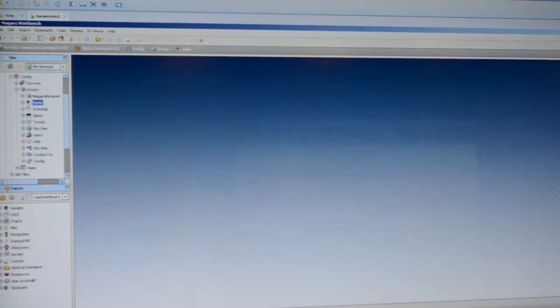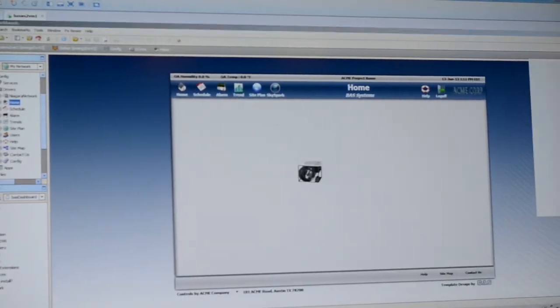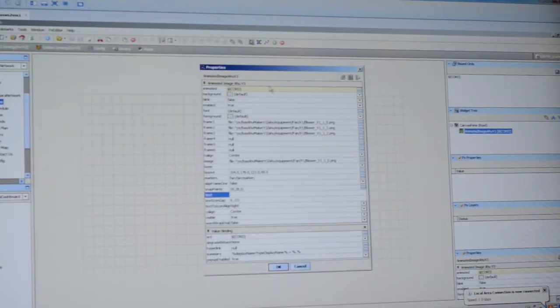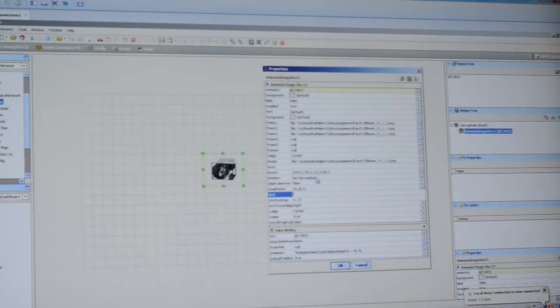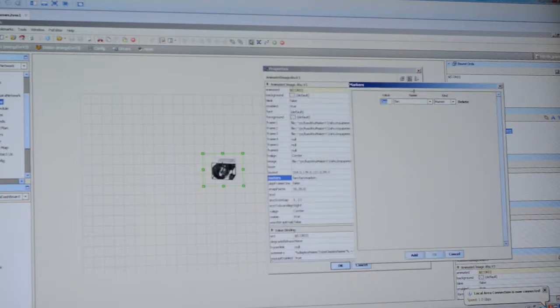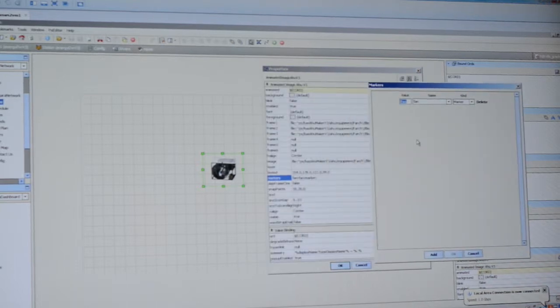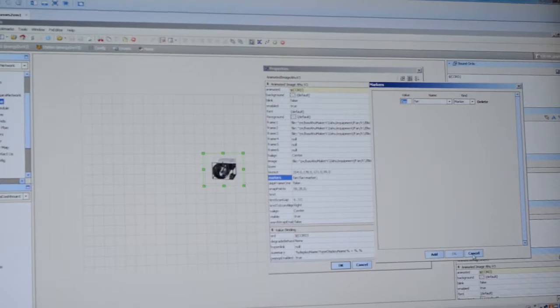The other feature that we have added into the graphical components is that we added the Haystack tags right inside the widgets. This way we can automatically import the data from the Niagara stations and put it into another application called